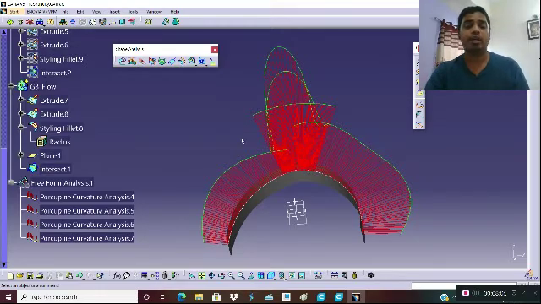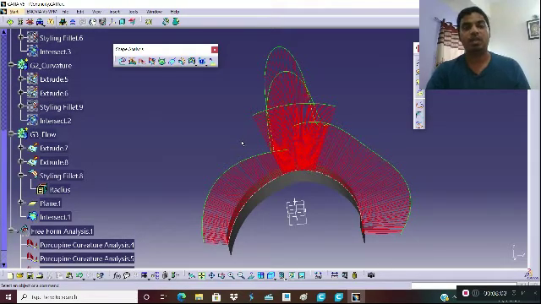So in order to identify a class A surface, we can say that it should satisfy G2 or G3 continuity. In case of the hood, we should have G3 continuity between all the surfaces which are connected to the hood, and in case of interior parts like dashboard, seating or door panels, those can have G1, G2 or G3 continuity, because those parts are basically made of plastic and they are provided with a matte finish.